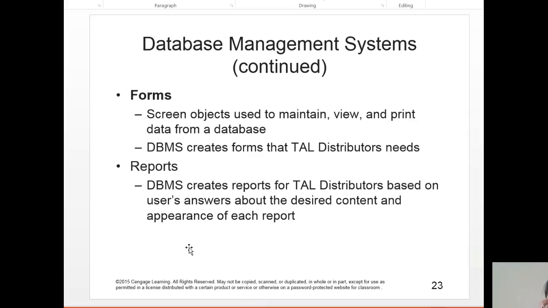So basically, what is a form? Form is another terminology that you need to be familiar with when we are talking about database concepts. Basically, it is a screen object used to maintain, view, and print data from a database. A database management system can create forms that the company needs. So in this